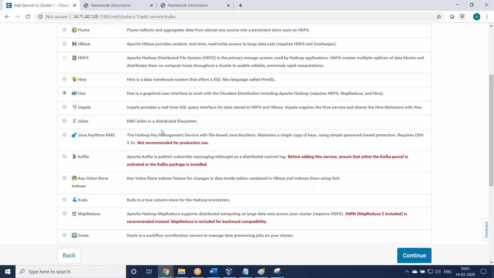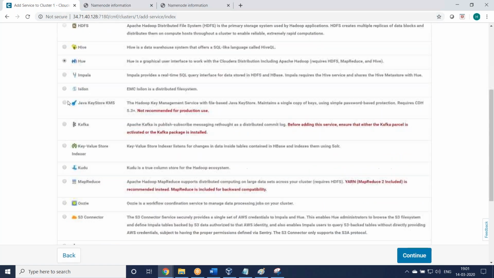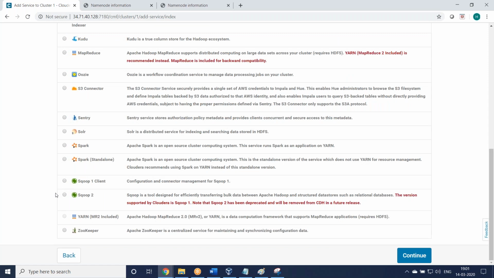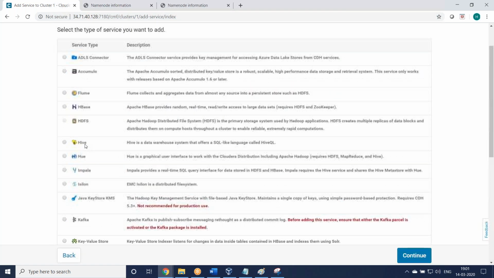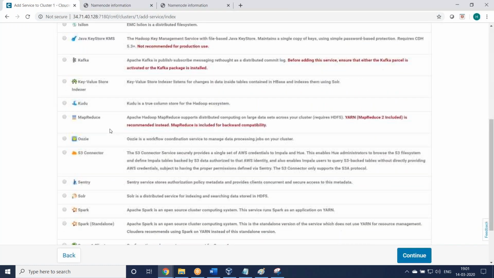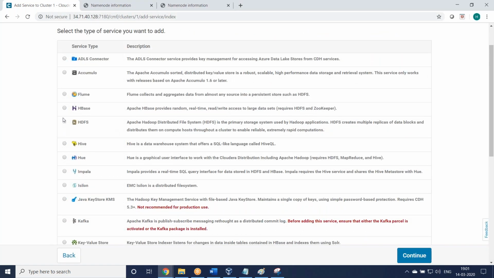What can we add? Sqoop, or else we'll add Sqoop, Sqoop client only. Pig is available. Let us check Pig. I think they removed Pig. Fine, we can add Hue also.